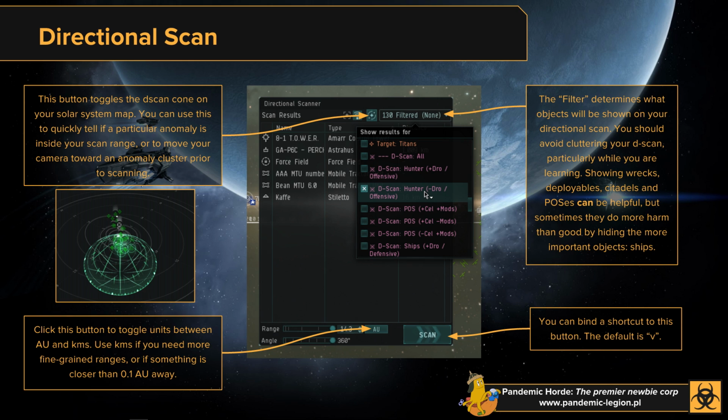Okay, and the basic principles of the probe scanner window are also pretty simple, except with one suggestion that I'll make: go to the filter drop-down menu and select just anomalies. If you're using combat probes to scan ships down, you might want to have ships selected as well, but for 90% of us, we're going to want just the anomalies, and you're going to want to sort by distance, because